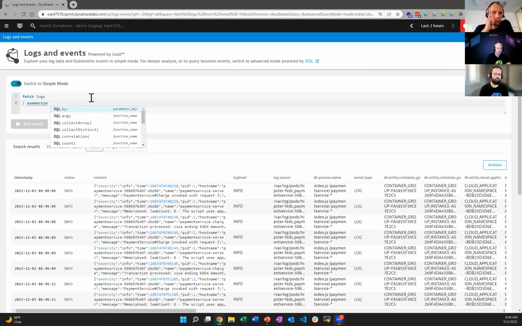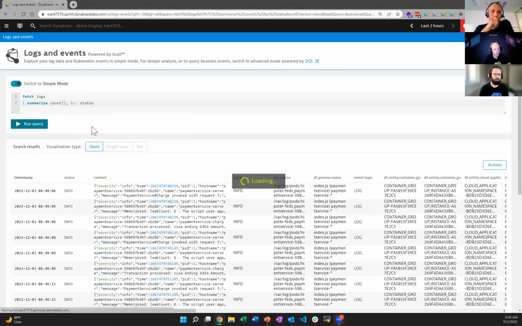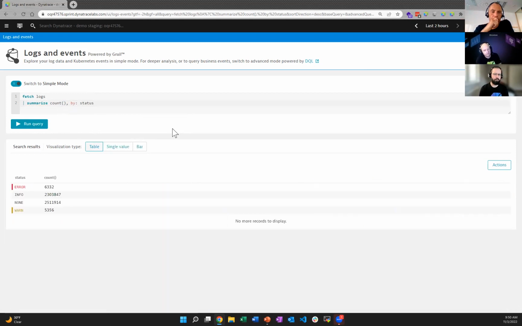And DQL is giving me suggestions as I go ahead and type through the syntax, so it makes it very easy. Here I want to do a count function, which is going to supply the number of records, and then I'm just going to simply say by, and here I can just type in status. Okay, so if I rerun that query, everything in my environment is, I've got info, none, warn, and error, right? So I don't have any severe or debug and stuff like that,